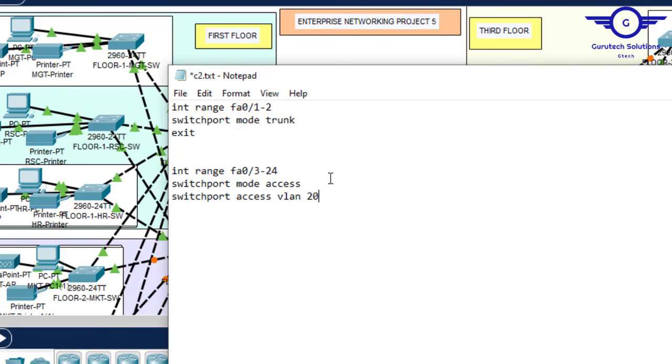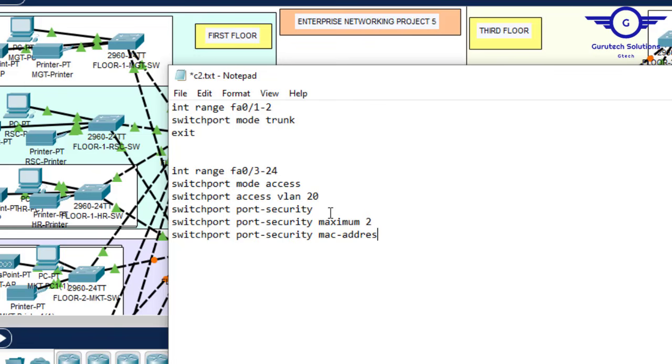Alright, then you configure switch port security, then again switch port security maximum 2 devices, then switch port security MAC address through the sticky command, sticky, then switch port security violation mode,